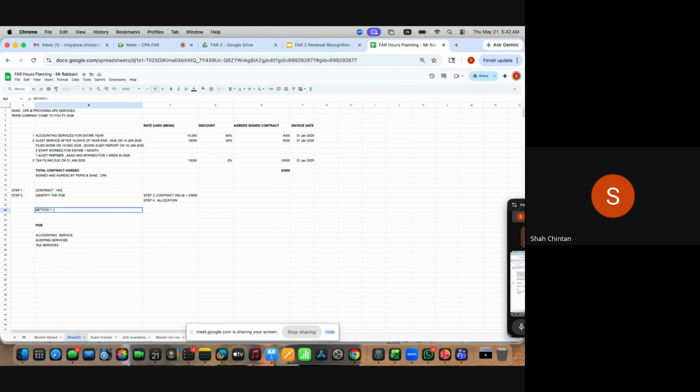So method one is called the adjusted market price method. What this method says is you identify an SSP, which is a standalone selling price, or a fair value. Fair value is the easy word; standalone selling price is the more technical word. Check in the market for a similar CPA firm: if they had given the same services to Pepsi, what would have been the standalone selling price or